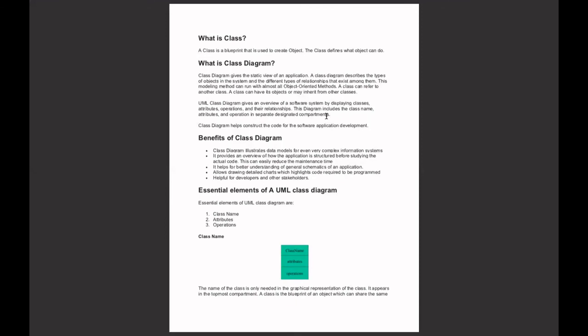Class diagrams may also contain packages or subsystems, both of which are used to group elements of your model into larger chunks.